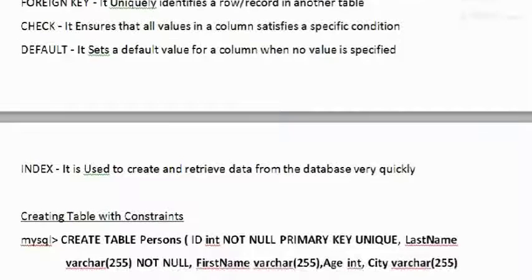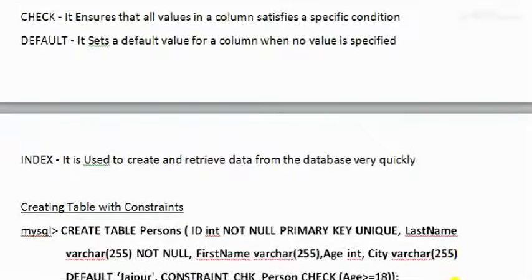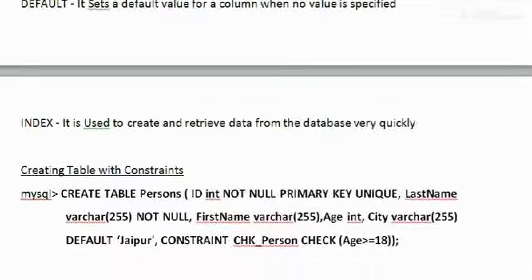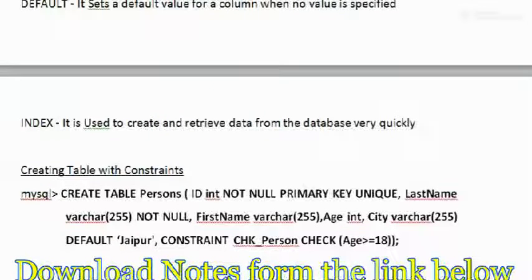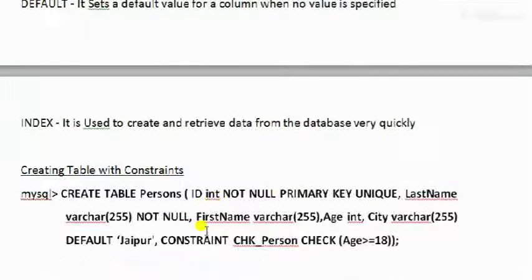Index is another constraint, though it is not in our syllabus. In any database handling, mostly we apply the index constraint. Anyway, we are not going to discuss this now.